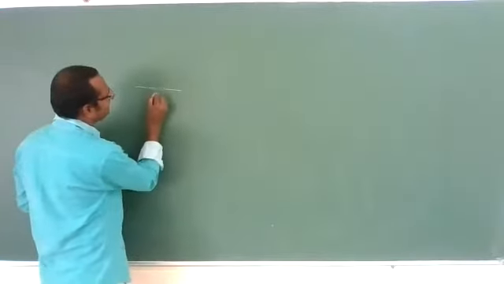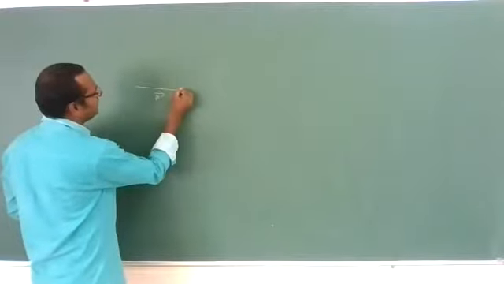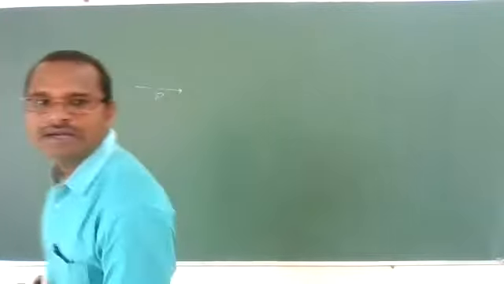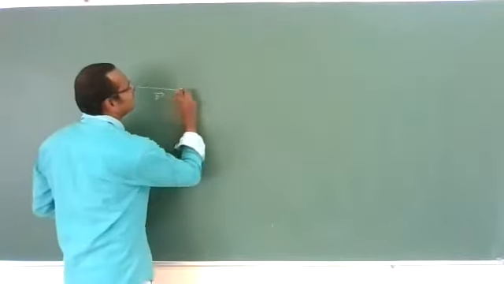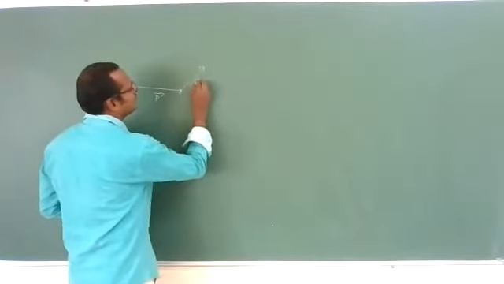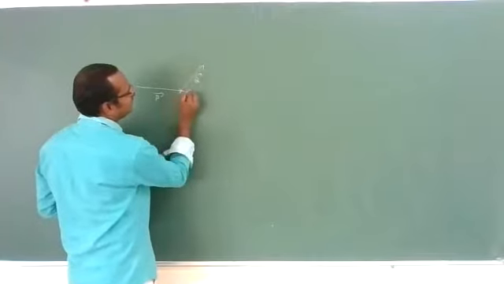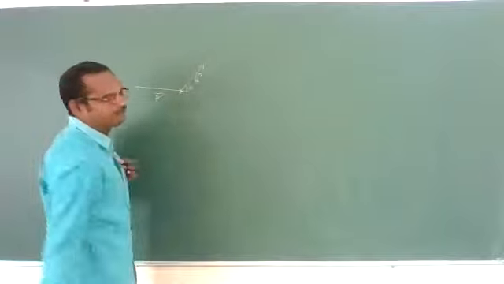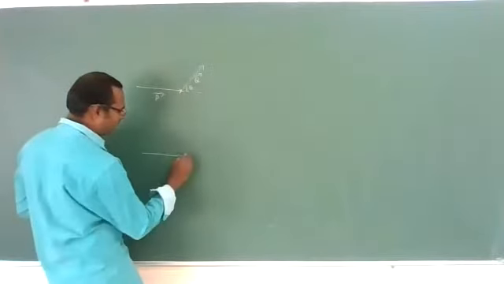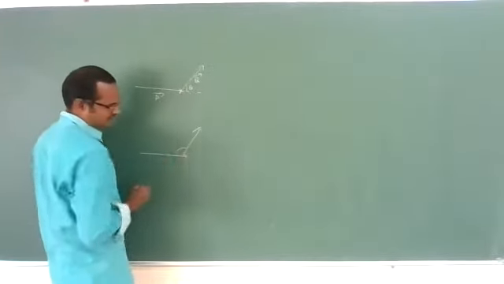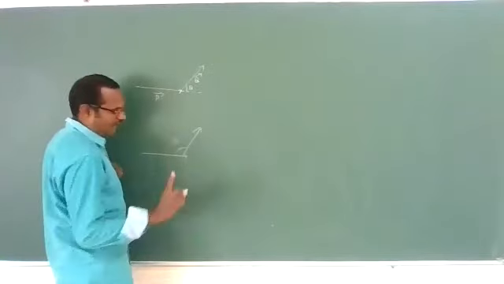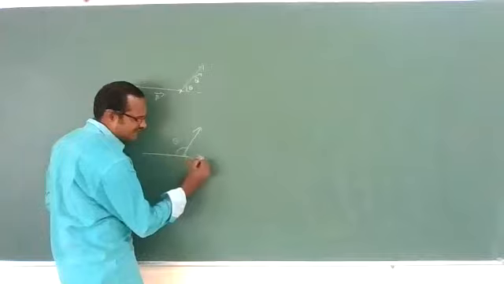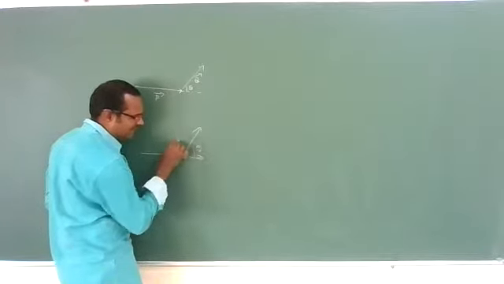One vector is here like this, p bar, imagine this arrow head. Another vector we should draw at the head of this one, like this. Let us imagine this is q bar. The angle between these two is theta. Between two vectors, the angle cannot be this one. The angle is always between head and tail. Head is on this side, so this will be the angle, this is not the angle.